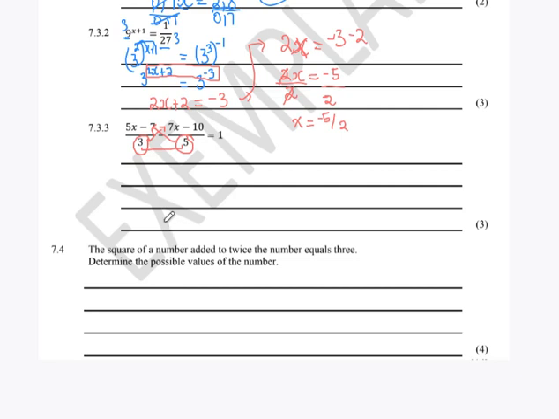Okay. So the first step is we'll cross multiply 5 times that will give us 5 times x minus 7 minus 3 times the whole thing, 3 times 7x minus 10